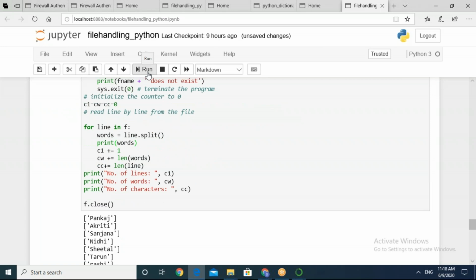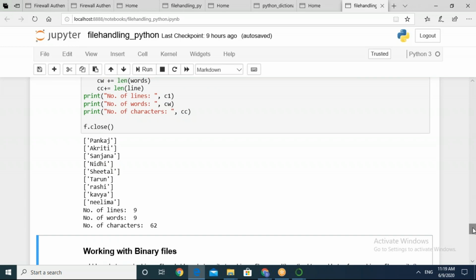So you can see here, I have printed the words variable for you. What it is doing, it is simply splitting it, right? And we are counting the length of words. And for the length of characters, we are taking the line variable and computing its length. And we are displaying all the 3 counters.